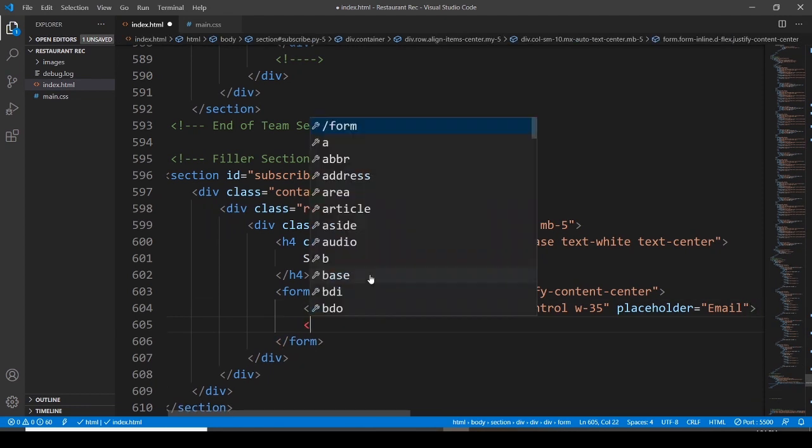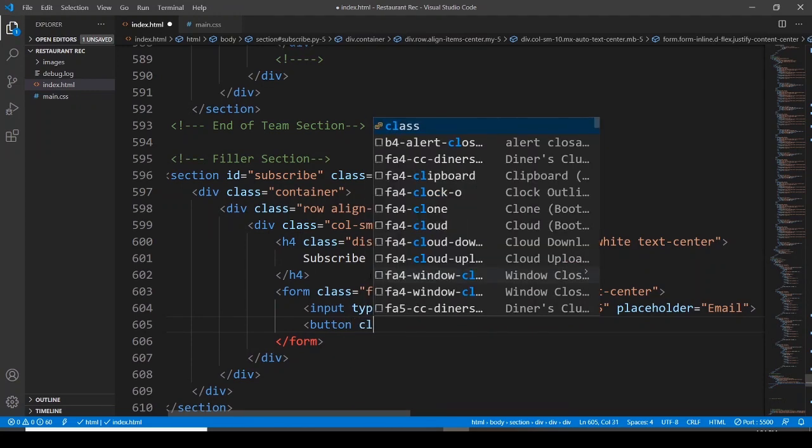Now we have to go with the button, class,